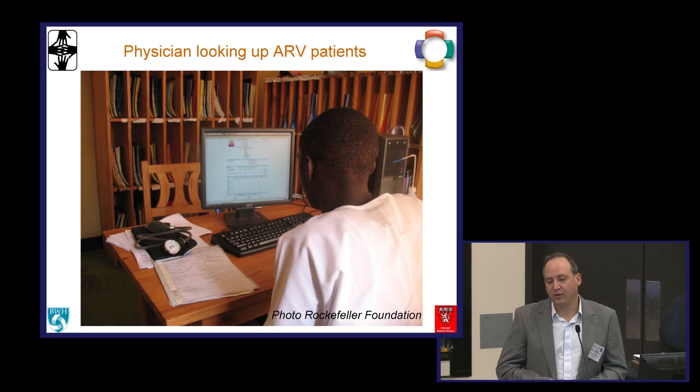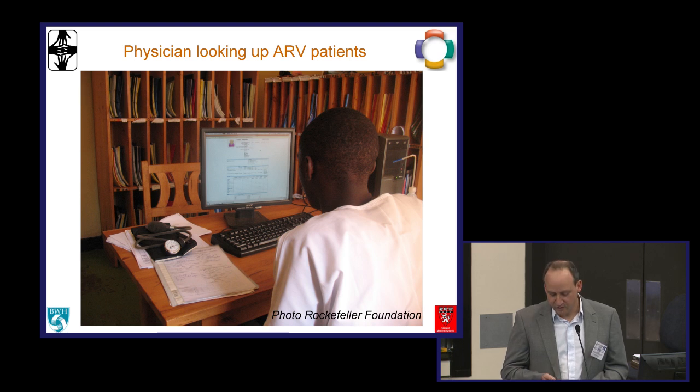So this is an example of somebody using the system. This is one of our clinicians in Rwanda, in the eastern part of the country, managing an HIV patient, and they're able to look up the patient summaries. And that data is important for a number of reasons, one of which is because HIV is a chronic disease, of course, it's a lifelong treatment. You need to be able to see what the previous condition of the patient was, what drugs they were taking, what their CD4 count is doing, which is the measure of their immune system response to treatment, for example. And so this has been helpful for people to be able to look that up.